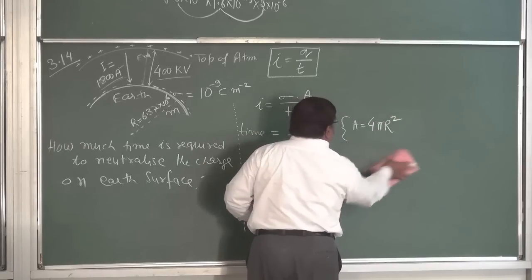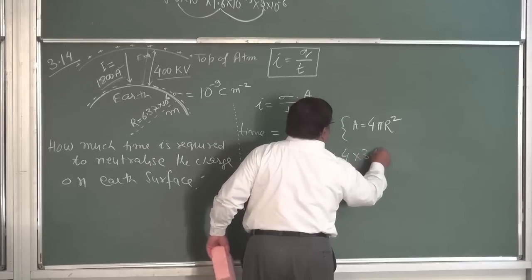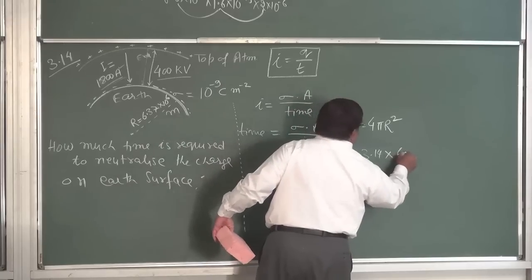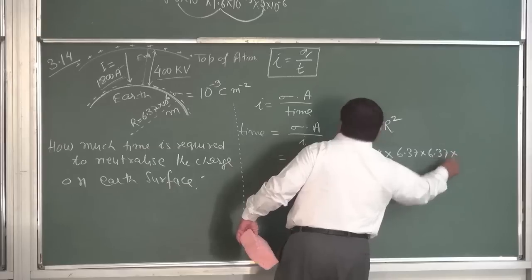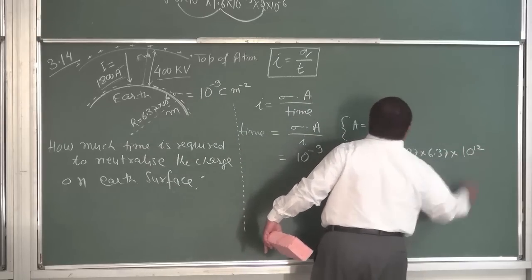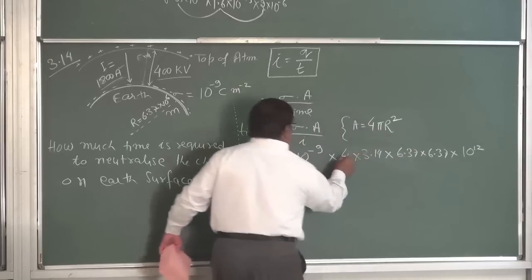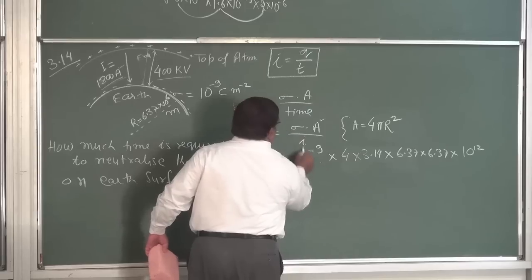So this will be 4 pi and square of this r, 6.37 and 10 to the power 6 square, that is 10 to the power 12. This is r square, this is pi, this is 4, and this whole is area, and this is density divided